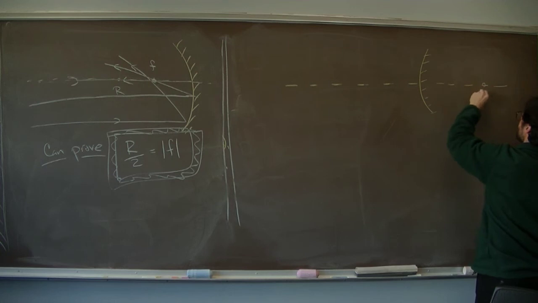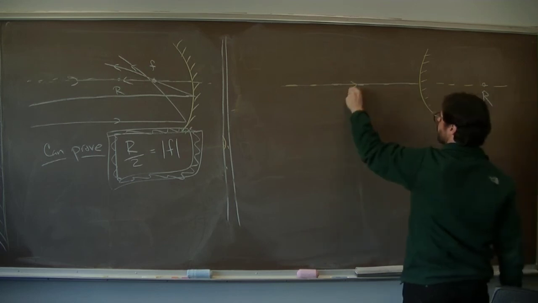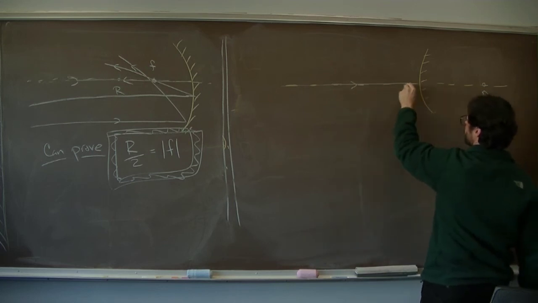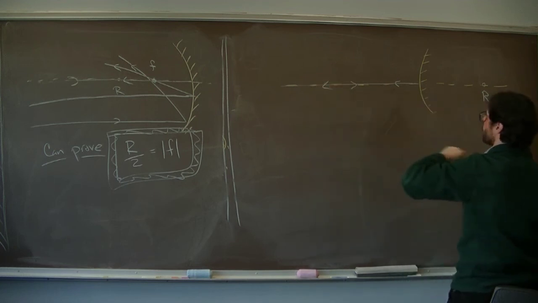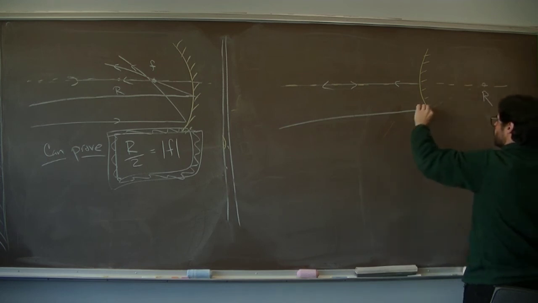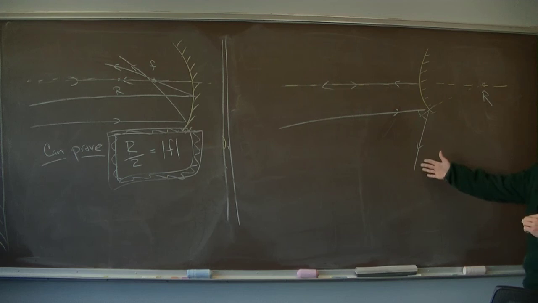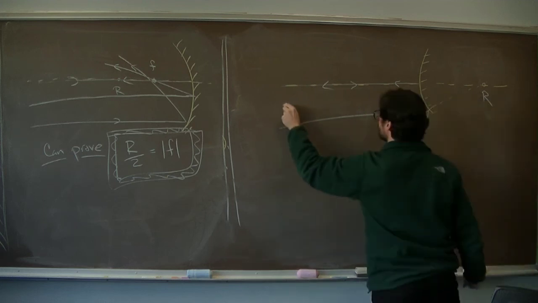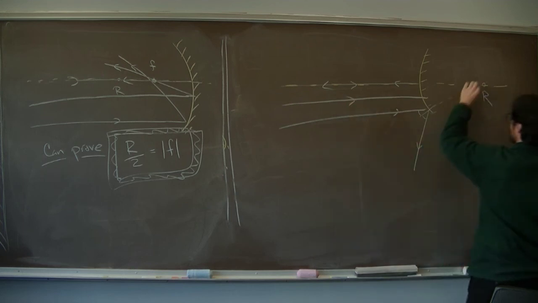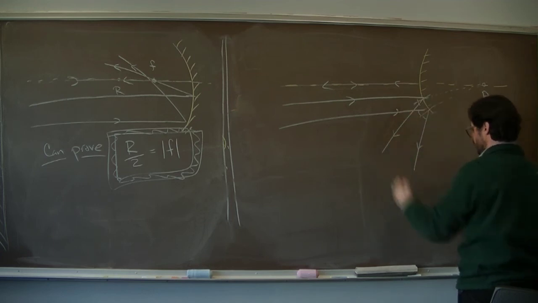Okay, so here's the radius of curvature. And I'm going to use that to figure out where the normals are. So I got a light ray coming in along the principal axis, hits the normal, comes back. I've got a light ray coming in like this. I'll use the radius of curvature to figure out where the normal is. And what the law of reflection says is I should come off like, yeah. And then I'll try a third one. So I come in like this. The radius of curvature tells me where my normal is. And then this angle is smaller than that one. So I get something that might look like this. And